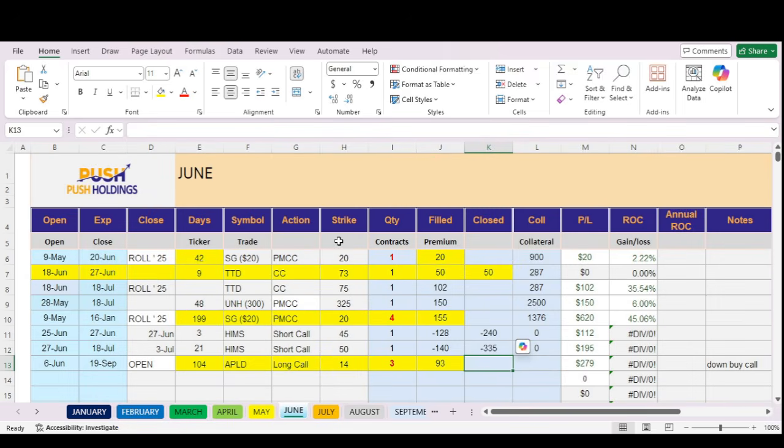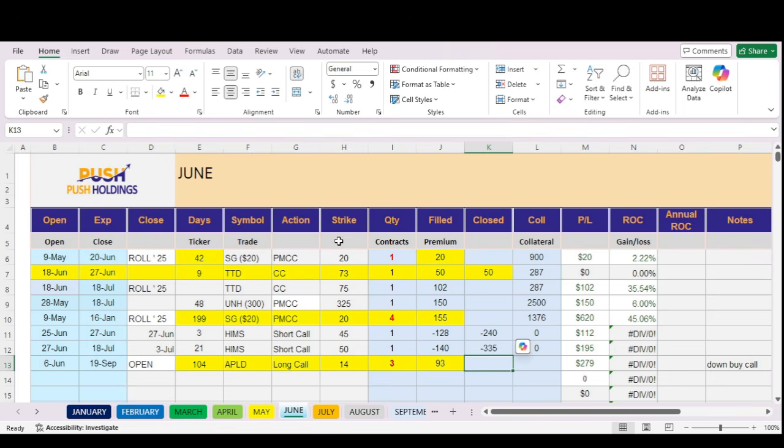Now, for those of you that are new to the channel or new to the options dashboard, I'm going to give you guys a quick walkthrough. So maybe you guys could go ahead and prepare some kind of actual dashboard like this so you could track your trades. I can't stress enough how important it is for you to track your trades